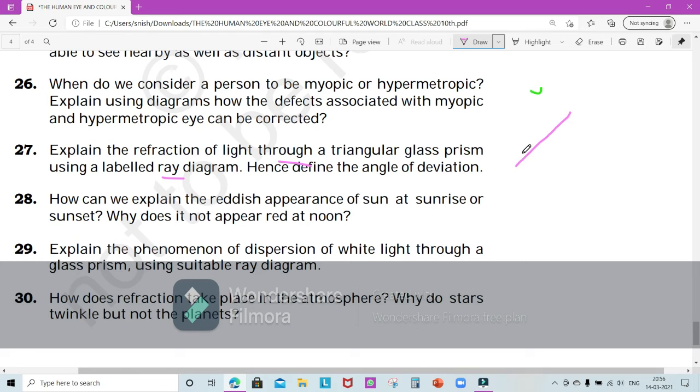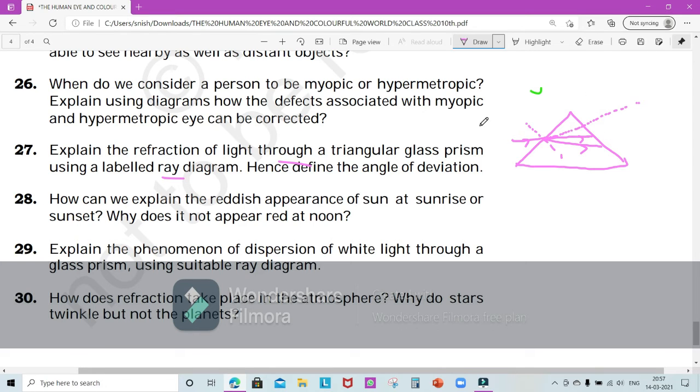So if you have forgotten the first half, I hope you haven't, but if you have, then you can go back and look at what we have done. Okay, so again, as a short summary, this light that's entering the prism undergoes refraction and scatters. If there was no prism, it would have gone straight like this, but because of the prism, it has changed its direction like this.